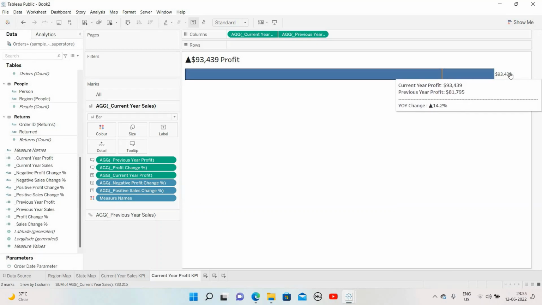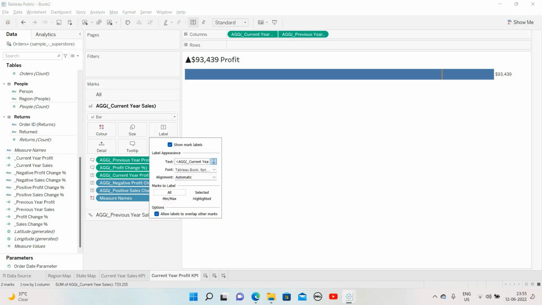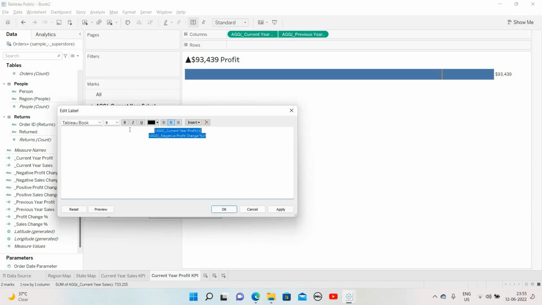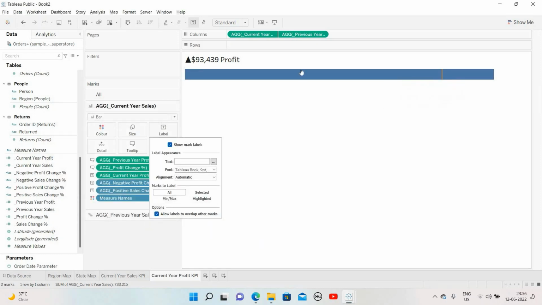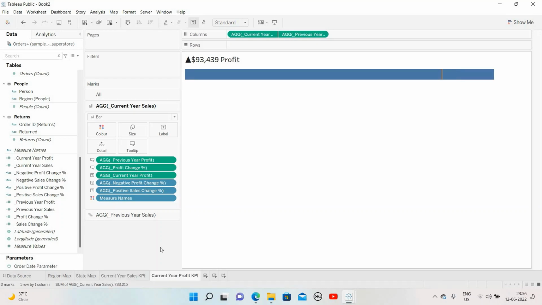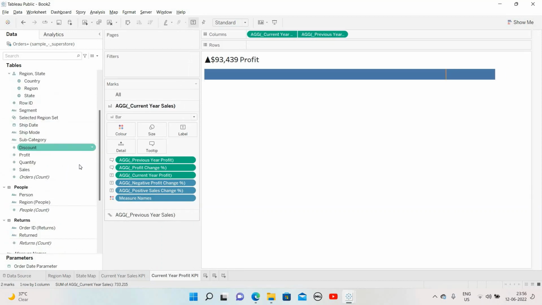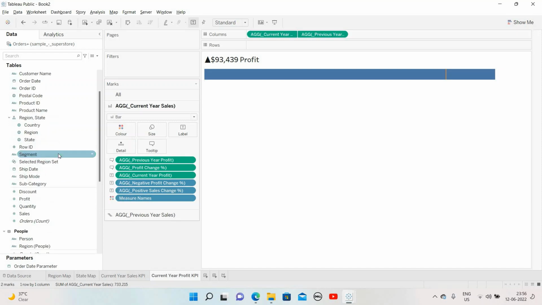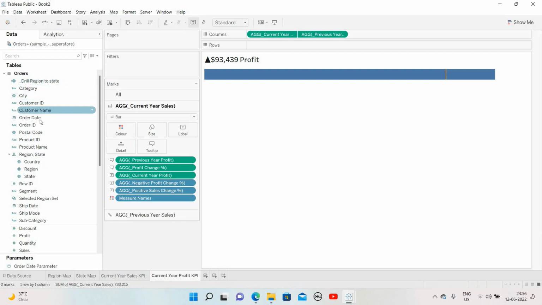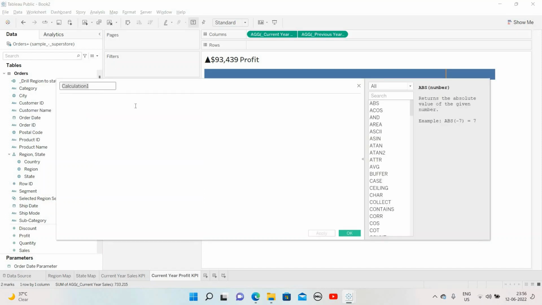Oops, why is it showing this here? We do not want to see that. Just remove this, apply. Okay, perfect. Now the third one is average days to ship, right? So average days to ship is the difference of order date and ship date, right? So create a calculated field. Days to ship